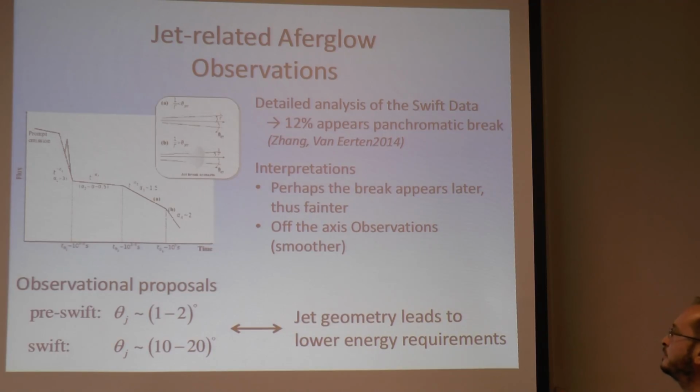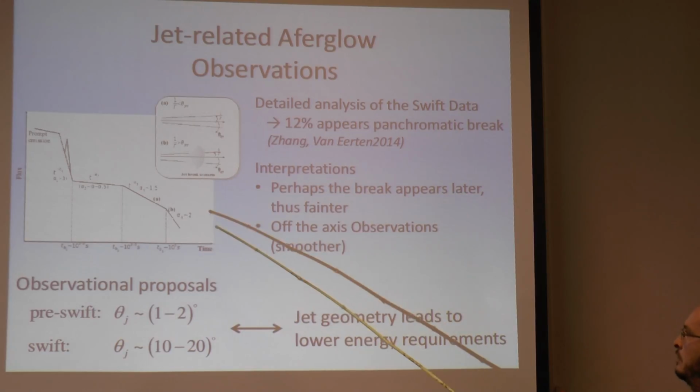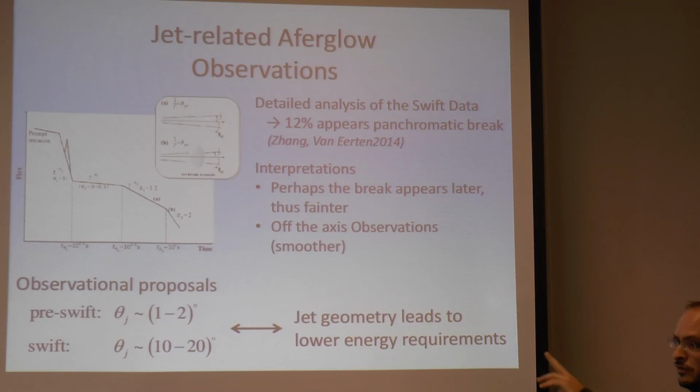Nevertheless, the community believes strongly that there is a jet. So they proposed different explanations in order to describe why we don't see as many breaks as we wish. One of them is that the break appears later, when the source is too faint for the telescope to make an accurate observation, or that